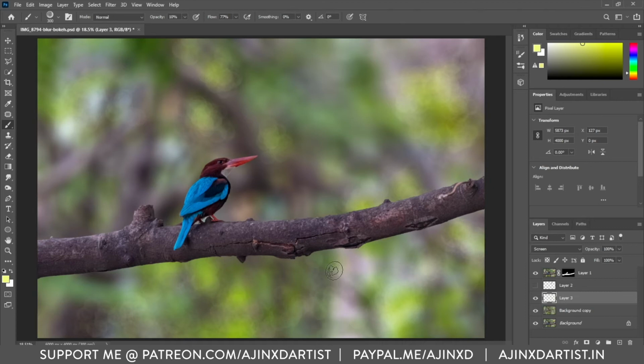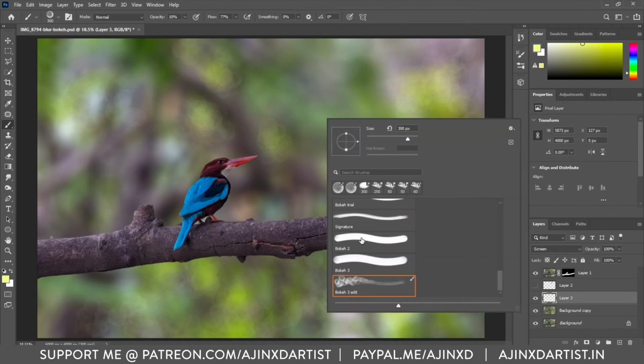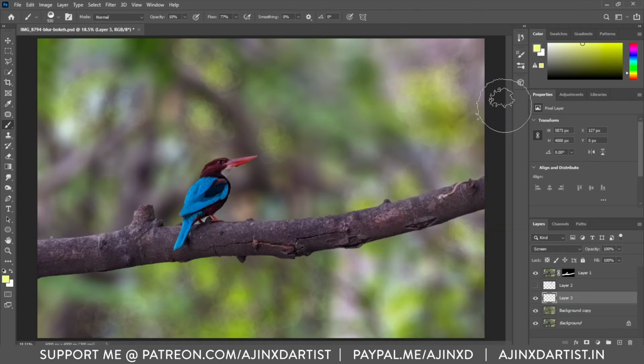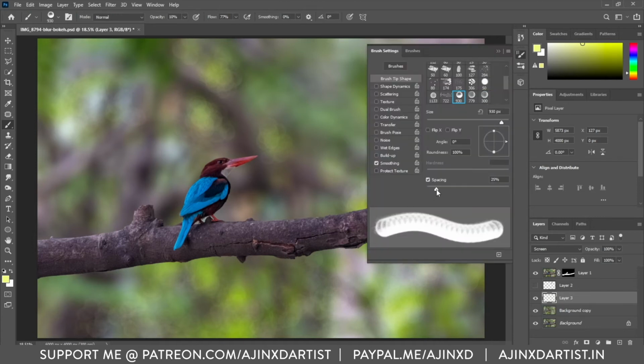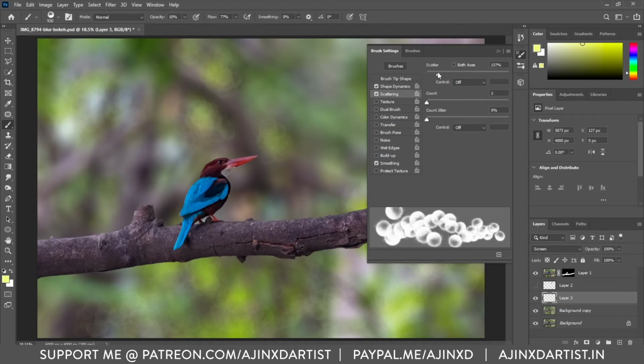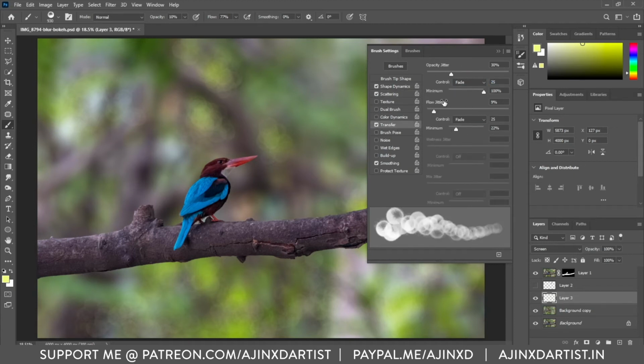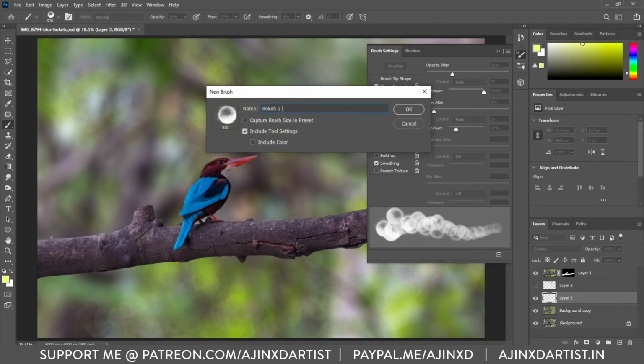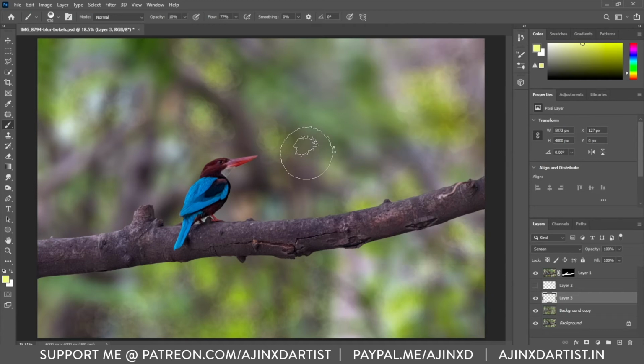I have a few other brushes that we can try, so let's try those, but we have to apply the same settings again. So it's a good recap for you guys. Whatever changes you make, you need to save them, otherwise the brush would reset to its original shape settings.